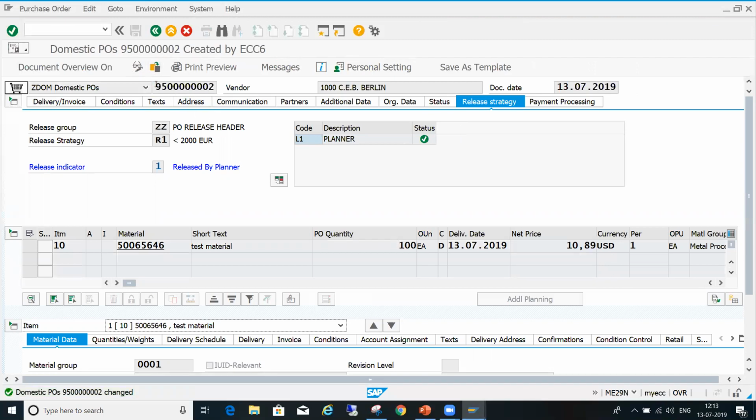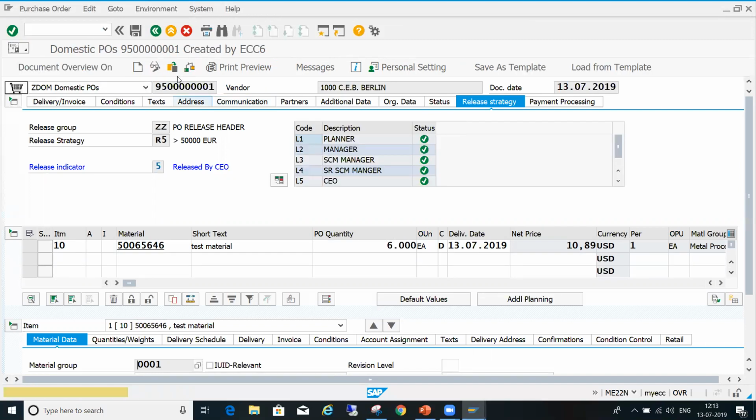Now, for example, you change this value.